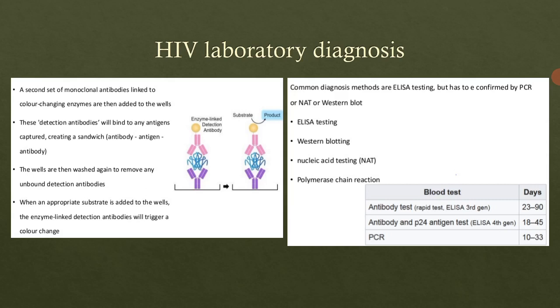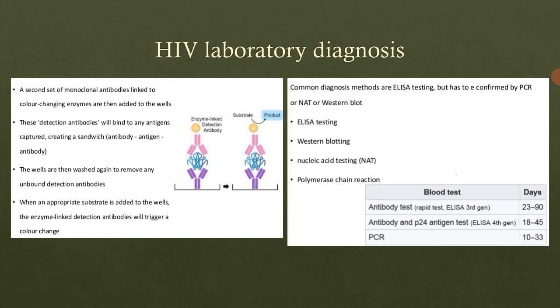in a person. Along with the ELISA we can use several other types of tests also, such as the PCR, polymerase chain reaction. We can use the Western blotting, which is used for protein analysis and protein detection. Then we can use nucleic acid testing, called NAT. In that, the nucleic acid of the genome of the HIV virus is detected.